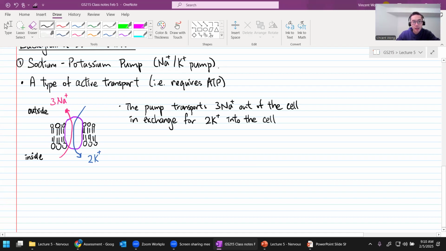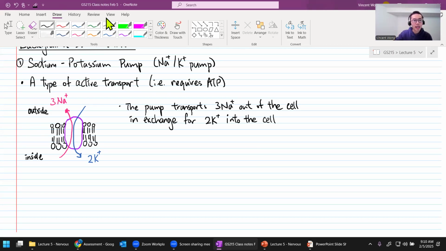This is a very complicated process, so please ask questions along the way if I'm not making sense. Every time it's going to pump 3 sodium out and bring 2 potassium in,